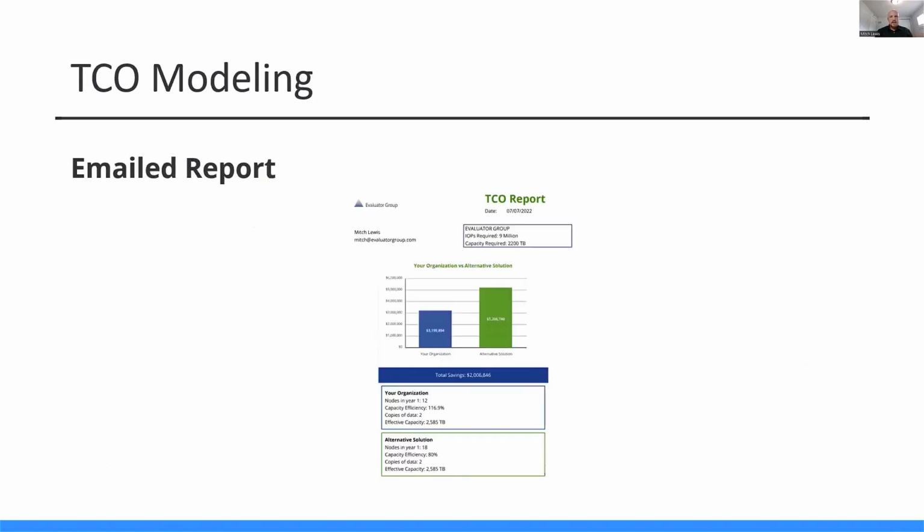So this is what the email report looks like. It's pretty straightforward, but it basically just models what is shown in the TCO calculator. It's pretty valuable because it actually allows the user to take something away. It takes the online tool one step further and makes it somewhat actionable,